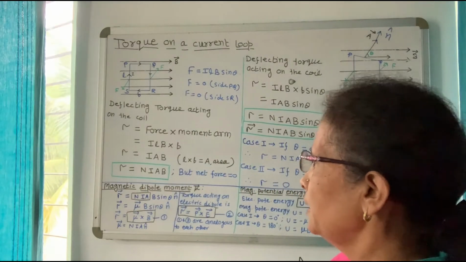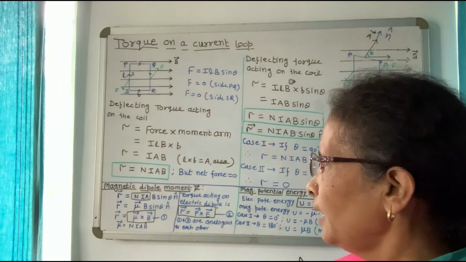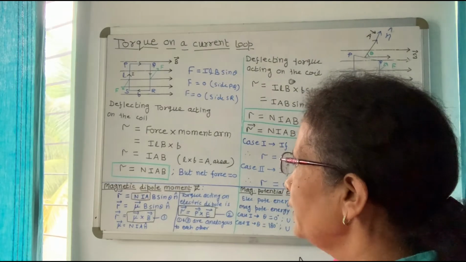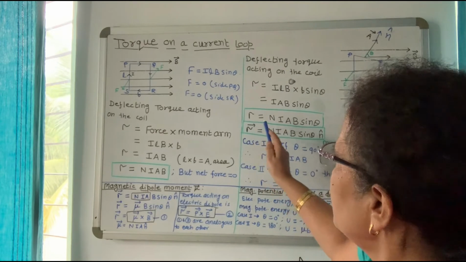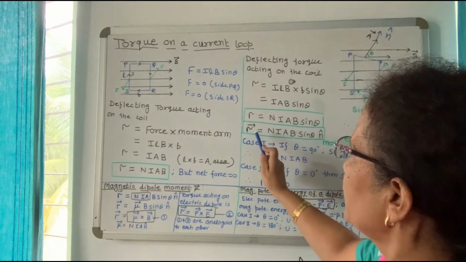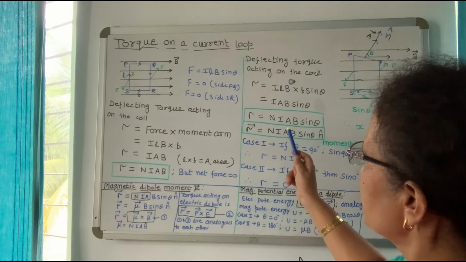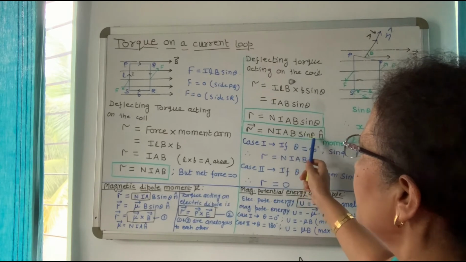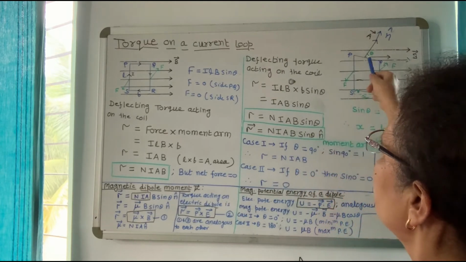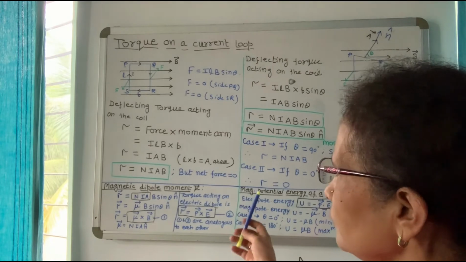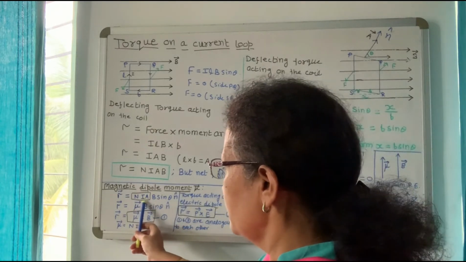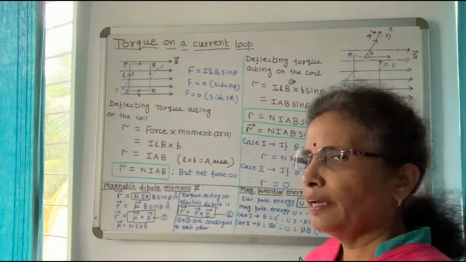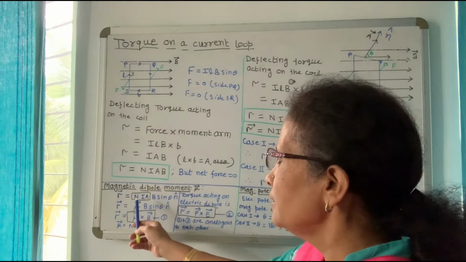Now we are discussing the term magnetic dipole moment and how it is analogous to the electric dipole moment. What is magnetic dipole moment? For this, we write the equation: the torque acting on a current carrying coil placed in a uniform magnetic field of induction B is given by NIAB sin theta n cap, where n cap is the unit vector perpendicular to the area. Now this term I into A, the product of current and area, is called the magnetic dipole moment. For N turns it is NIA.